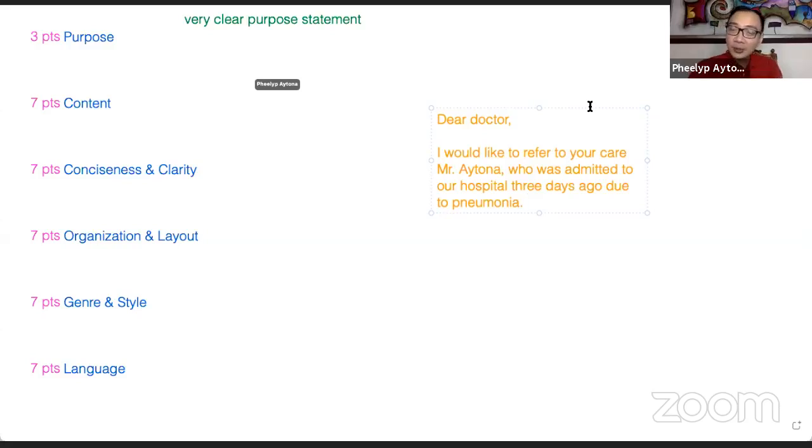So, this is a pretty good introduction to my patient, right? And that is the first thing that you do in your first paragraph. Sino ba 'to? Kumusta ba 'to? So the first sentence in your first paragraph should be an introduction to your patient. After that, you can have a very clear purpose statement. For example,